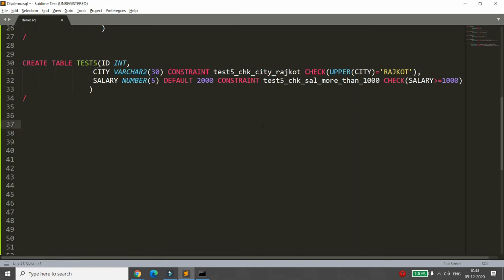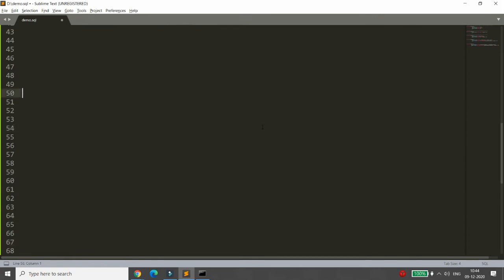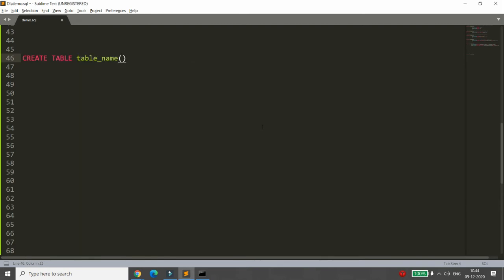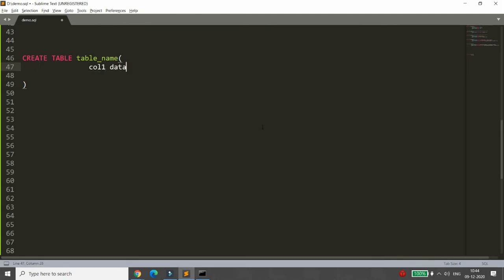Now students, suppose you think, sir, I want to understand the syntax of create table including the constraint. So what is the syntax? Very simple. Let me write the syntax over here. Create table, then table name, then you can write the bracket. Now for each column, for example, column 1, then you can write the data type. You can define the size if it is there. In some data types, the size is not required. So I'm writing here that in some data types it is required. Now I'm writing here an optional portion, that is constraint